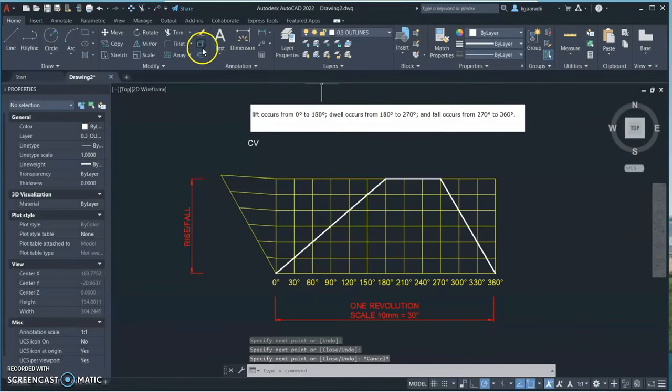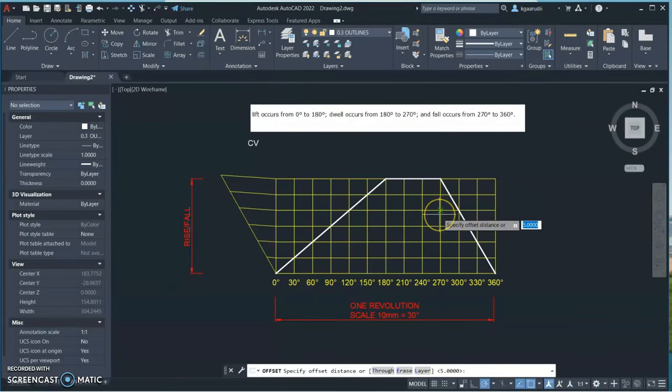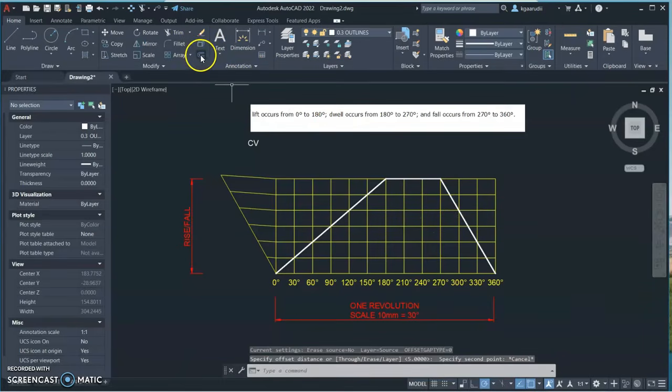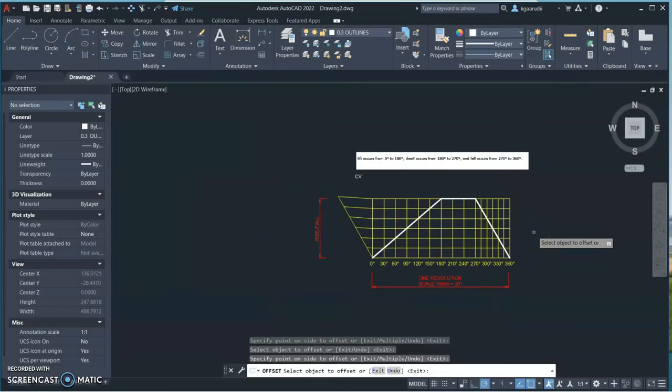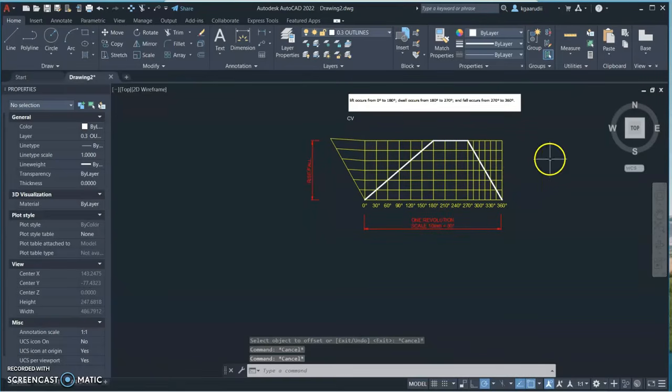And then we have to create extra divisions here. Those divisions are going to help us when we are now drawing the cam profile, because we know that this is still the displacement diagram. So this is how a displacement diagram of a simple constant velocity will look like. We are going to look at the next one, which will be,